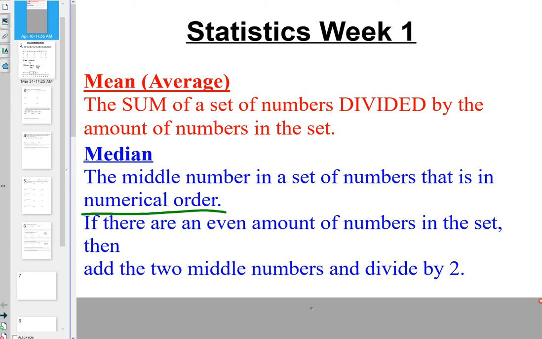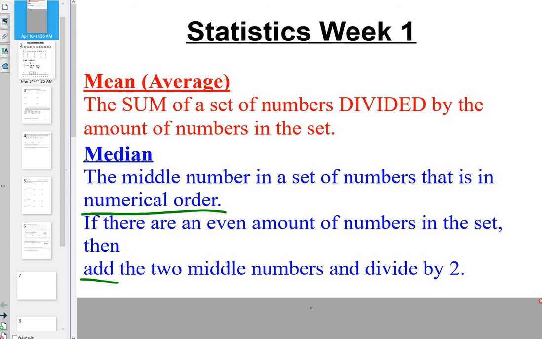The problem is, it depends on how many numbers there are in a set of data. Because you're only going to have a number in the middle if you have an odd amount of numbers. If you have an odd amount of numbers, there's one in the middle, and if you exclude it, you have the same amount of numbers on each side: the same amount less than as greater than. But if you have an even amount of numbers, then the median almost acts slightly as an average because you would have to add,